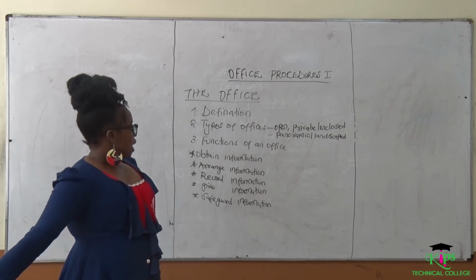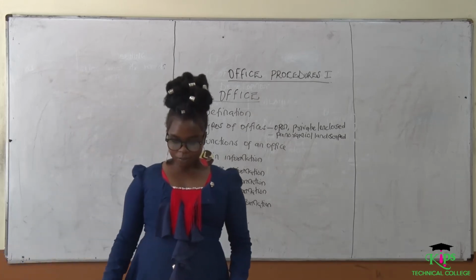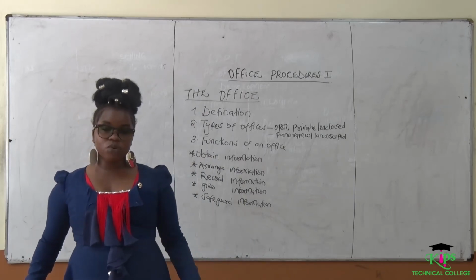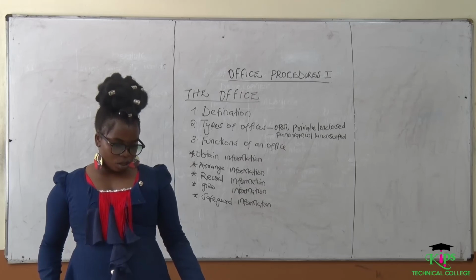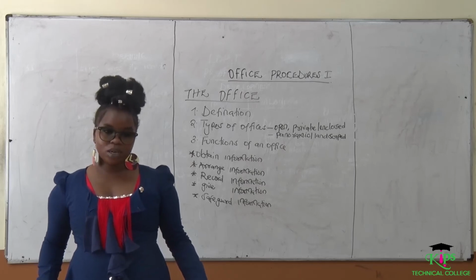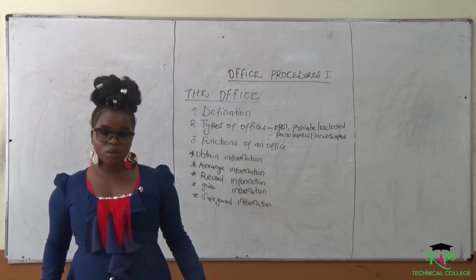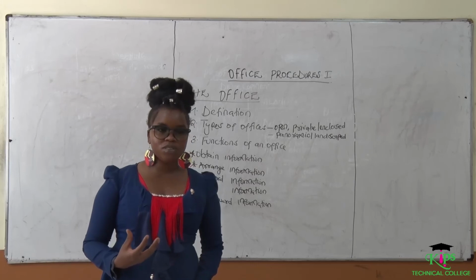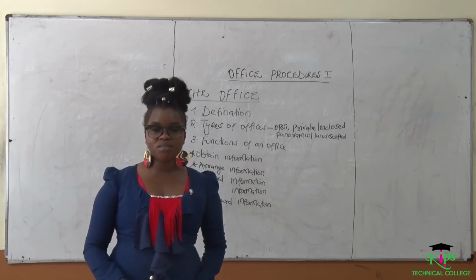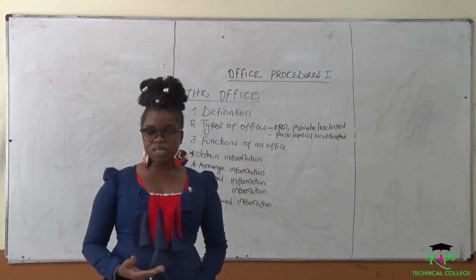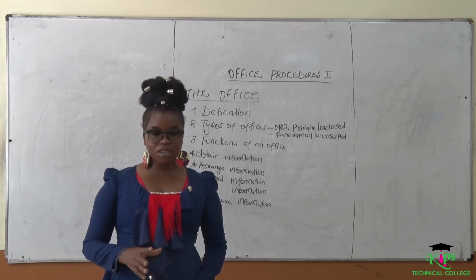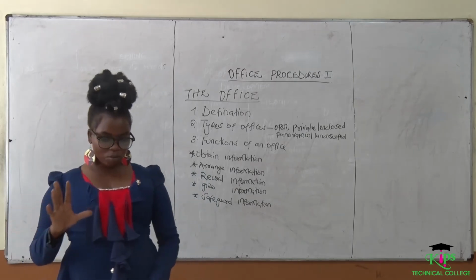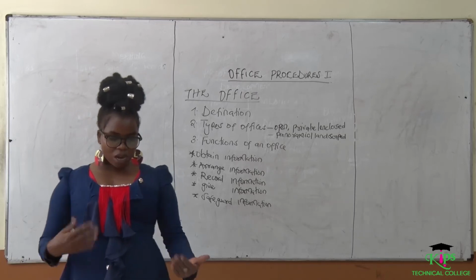And the other part is types of offices. Before we go to the types of offices, there are some things which you have to consider when you are locating an office. We don't just locate an office anywhere. An office is not like any other business, because this kind of an office needs to be a place where we have calmness, a place where people can concentrate, because by the end of the day we have areas like people who are working on accounts. They need to have peace when they are working on that, so they make sure that they are not making mistakes. We have the site cost.